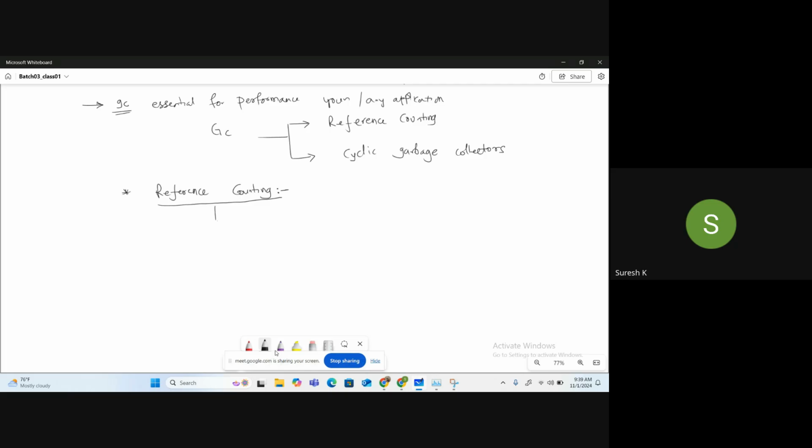In reference counting, what are we talking about? What is the point here, Venkat? Counting, right? Yes.